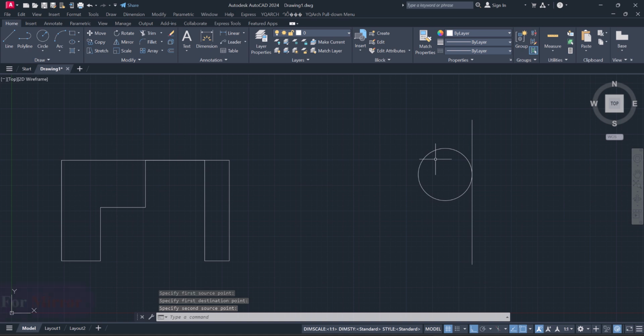Next, mirror, MI for mirror. Let's mirror this object and this. Right click, specify the first point, and as you see, next one is